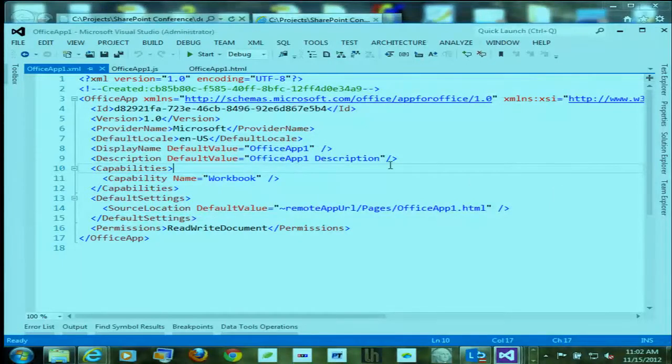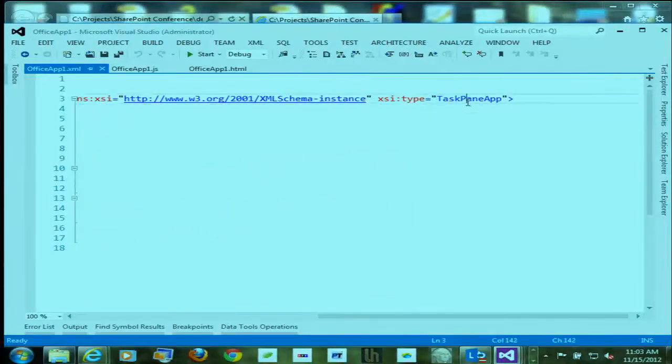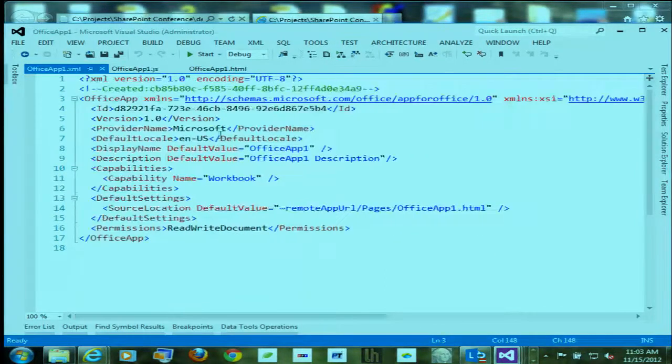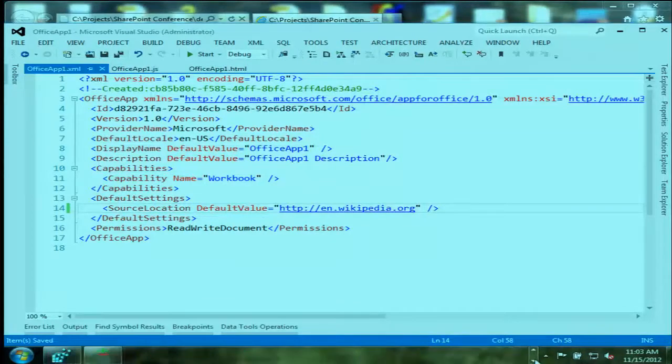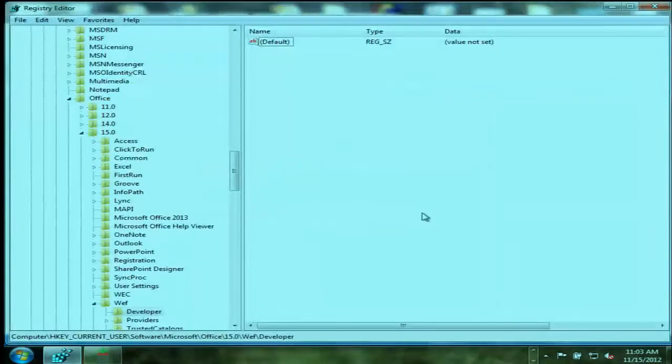So here we have the app manifest. When we scroll over to the right, we can see it's a task pane app, which is what I selected. We populate it with some default information, and here it's pointing to this URL. I'm going to make this one point to Wikipedia as well, because I like Wikipedia. I'm going to save that. Now I'm going to hit the Start button. But before I do that, I want to show you what happens in the registry. If we see here in the registry, I'm refreshing. There are no entries under the developer folder. When I hit F5,